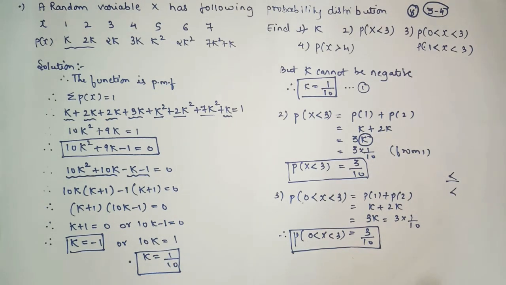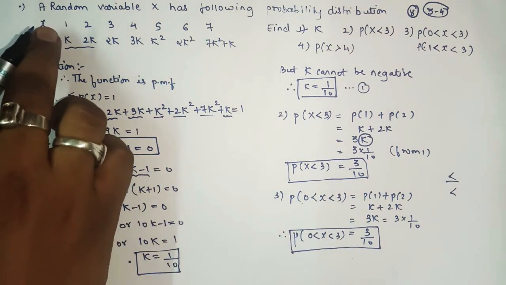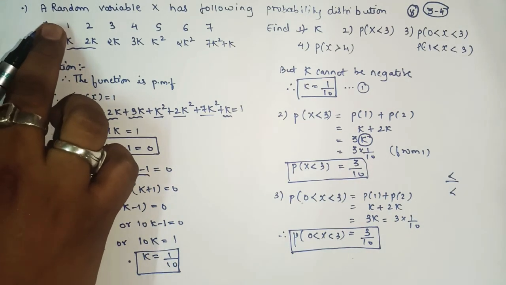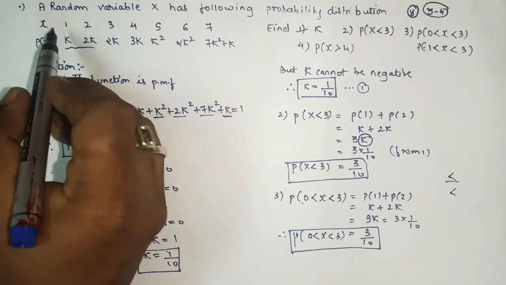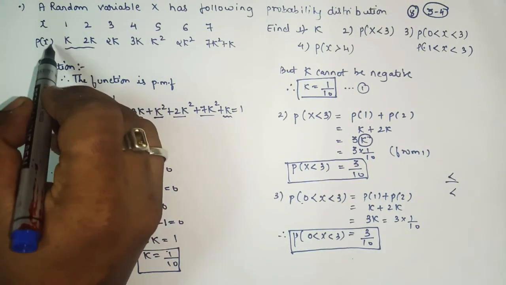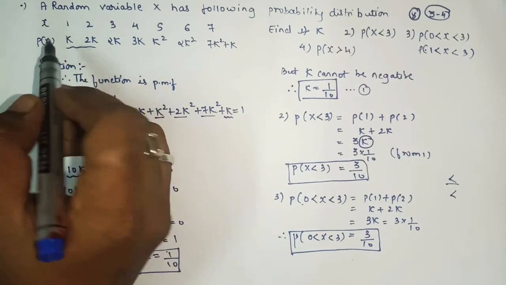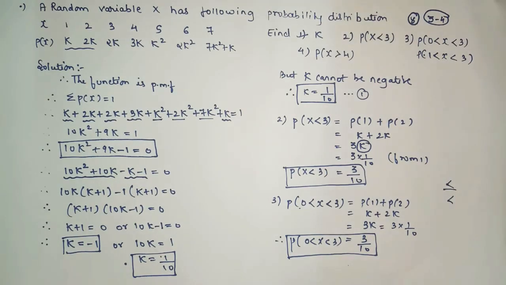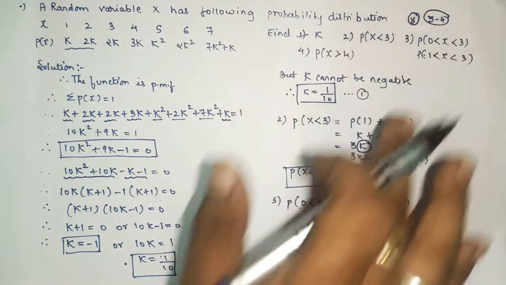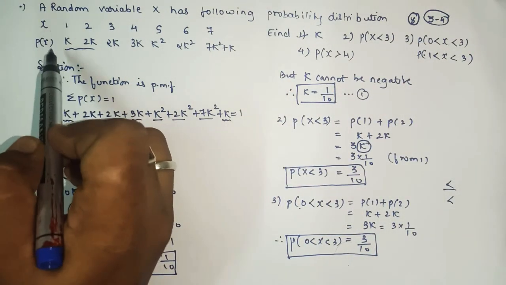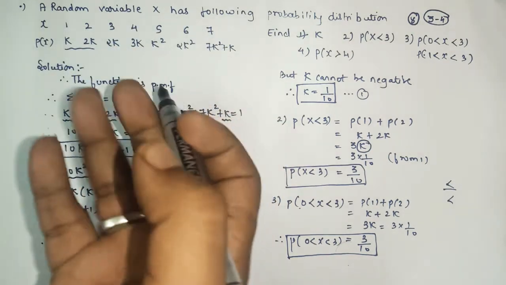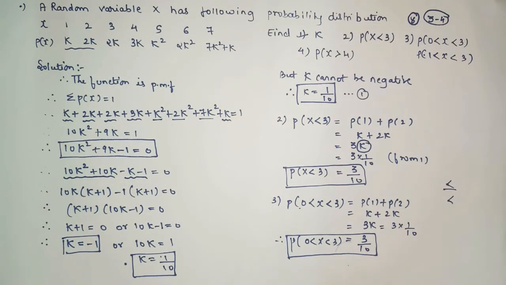Understood? So remember, suppose the probability of 0 is not given. Then we can consider the probability of 0 as 0, as the function is not given. If in case it is given, then you have to consider it. Right now for this question it is not given, so we will consider the probability for x equal to 0 as 0. Understood?